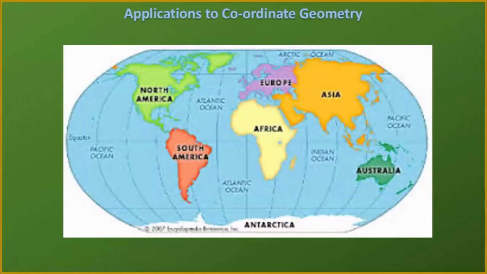Then suppose I ask you the location of any country or city on the world map. You see there are longitudes and latitudes given. Wherever they intersect, accordingly we can find the particular location. You may also have seen the longitude and latitude values for different countries. Here also we can take the help of the axes. I can say this is my y-axis and this is my x-axis. We can define the horizontal and vertical, and accordingly find the location of any particular country or its cities.